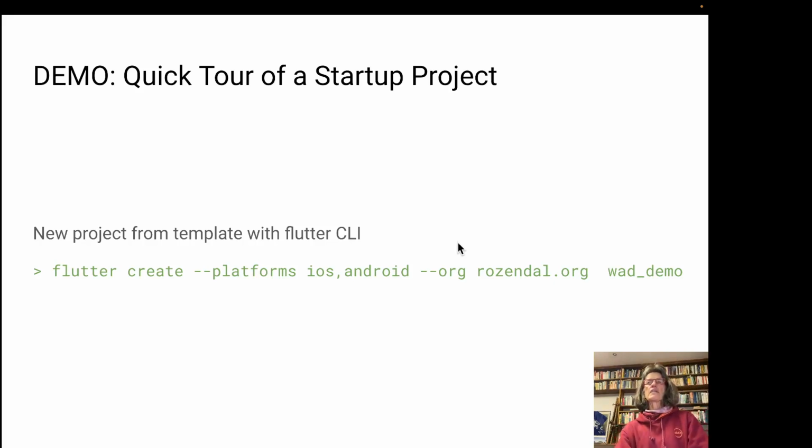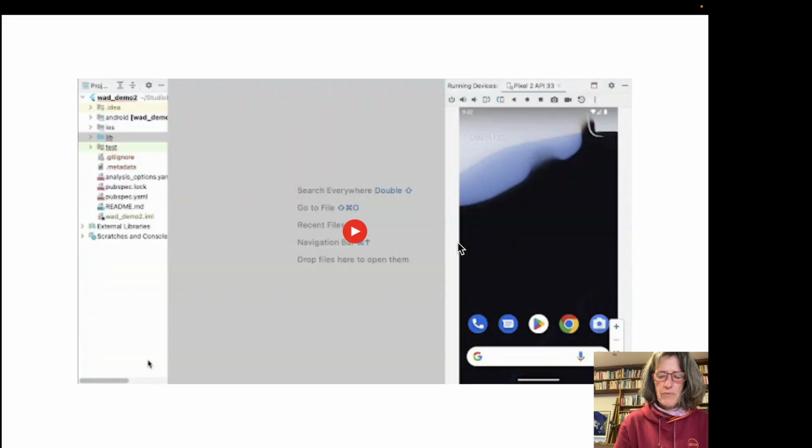So I don't have time to do a full code lab here, but I want to show you at least the very first steps of the first code lab. What I did for this is I set up a fresh project. I could have done this from Android Studio, which has a new project button, but I actually did it from the command line. I said flutter create, then listed the platforms I wanted to support, iOS and Android. I gave it my domain name and a project name. And that was all. At this point, I ended up with a project.